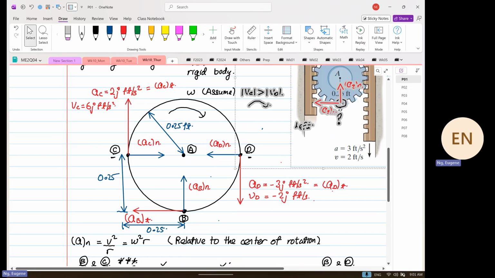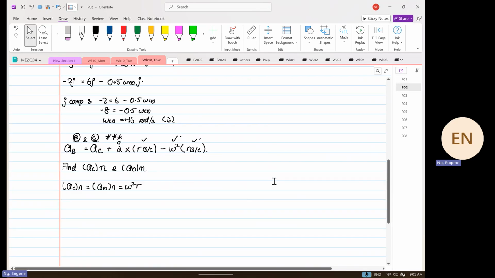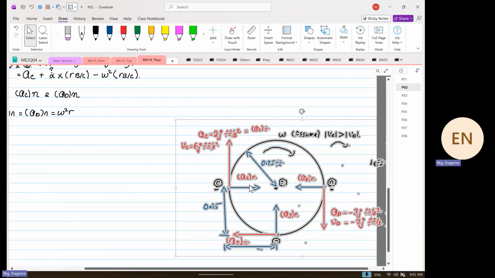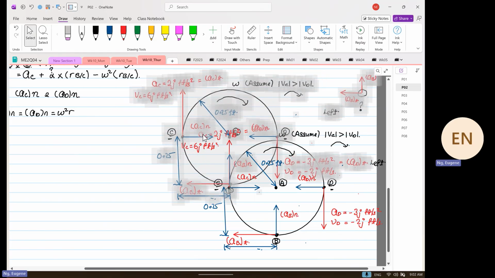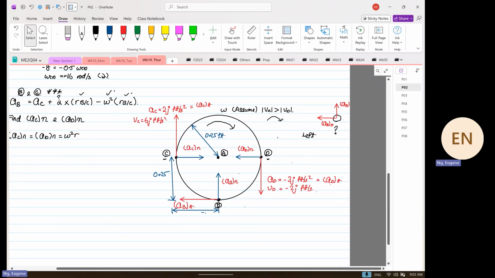Now let me get this diagram across, then I will not be walking you around. This is where we have to be really careful. Now, ACN